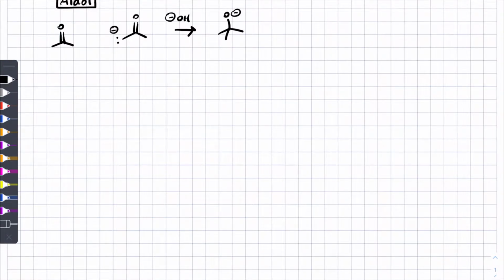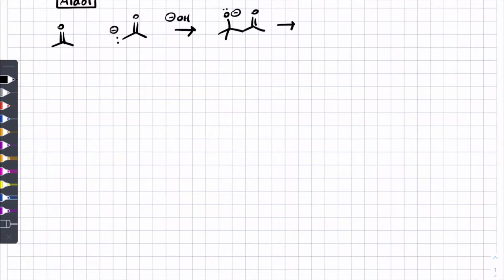Last time we were talking about the Aldol reaction, which, as you recall, is the reaction of an enolate with a carbonyl compound. In this case, it's a self-aldol reaction, and we form the enolate with OH minus. The intermediate that's formed, the tetrahedral intermediate, has a negative charge on the oxygen. At that point, we ask, do we have a good leaving group? And the answer is no. So we wait until